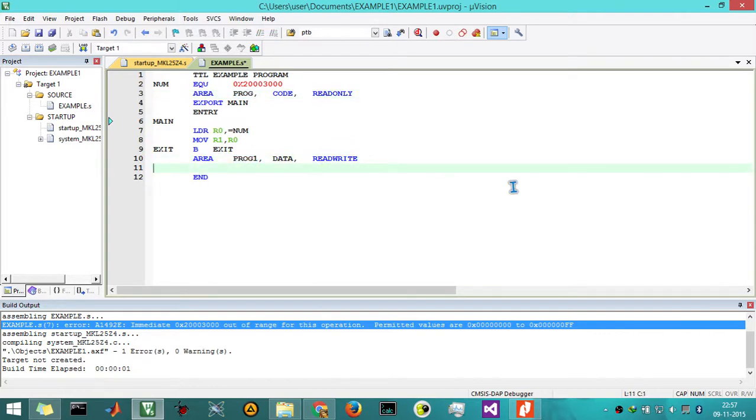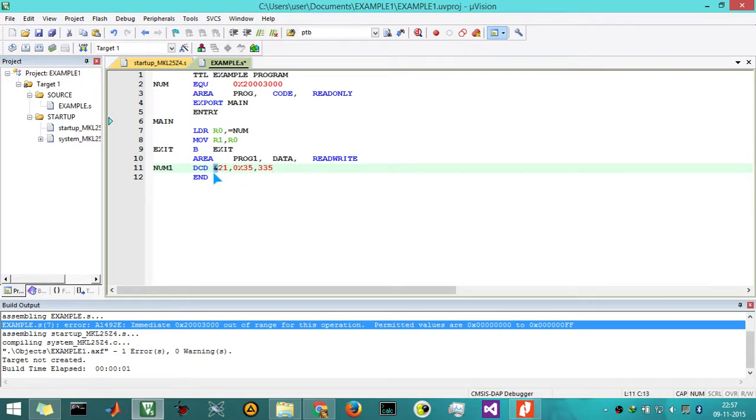Now I am going to write a label called num1 and DCD, say ampersand 21, 0x35 and 335. I am trying to define three numbers: 21, 35 and 335.